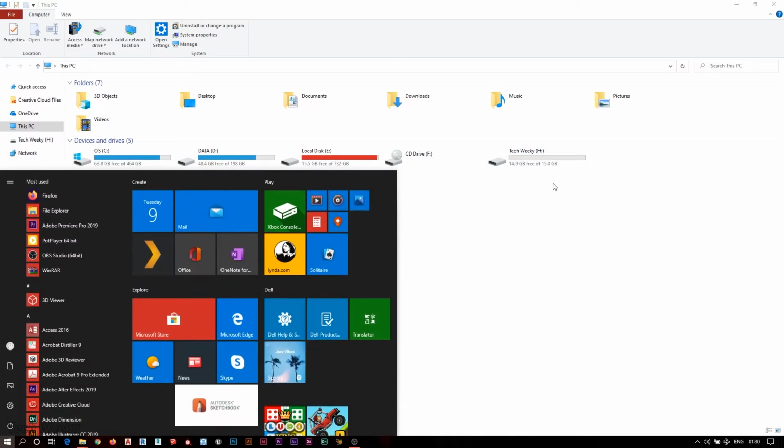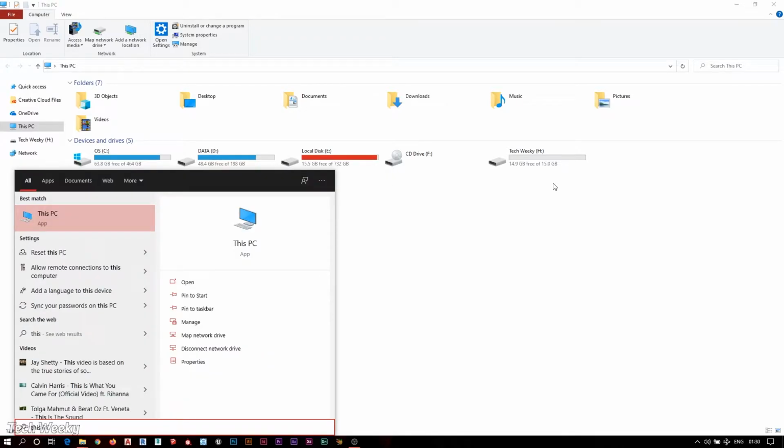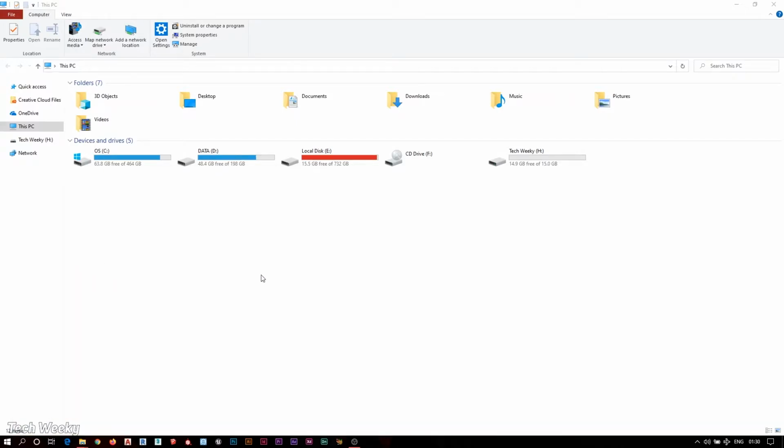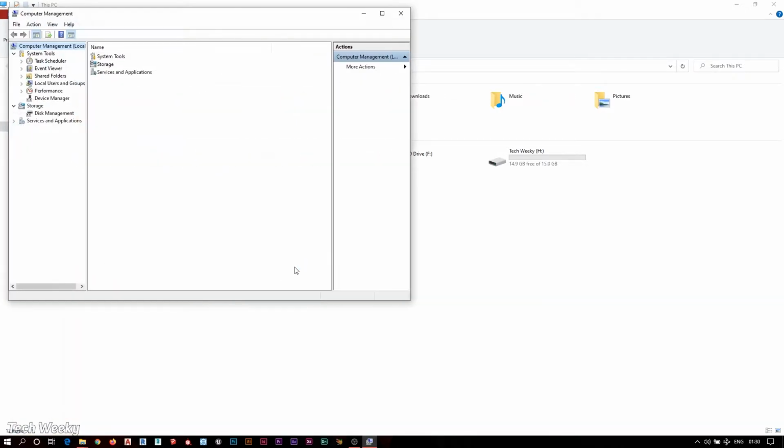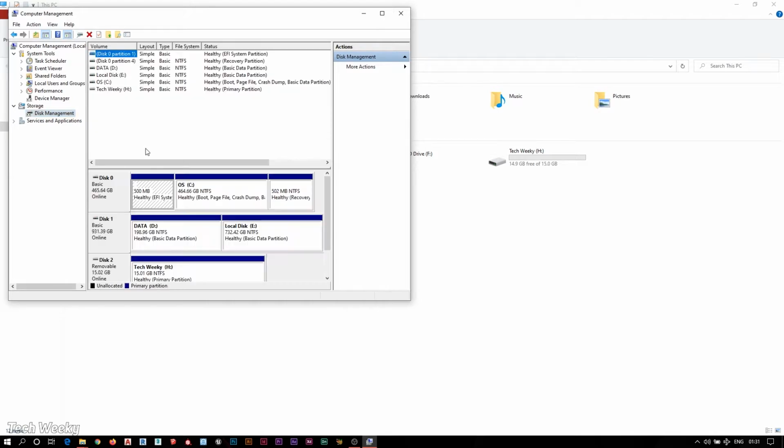Press the start button on your keyboard and type This PC. Right click on that and go to Manage, and here, as you can see, find Disk Management, and here you can see C, D, E, H,